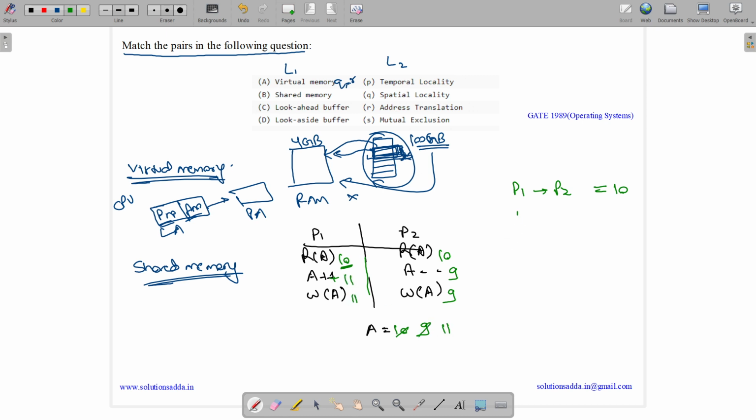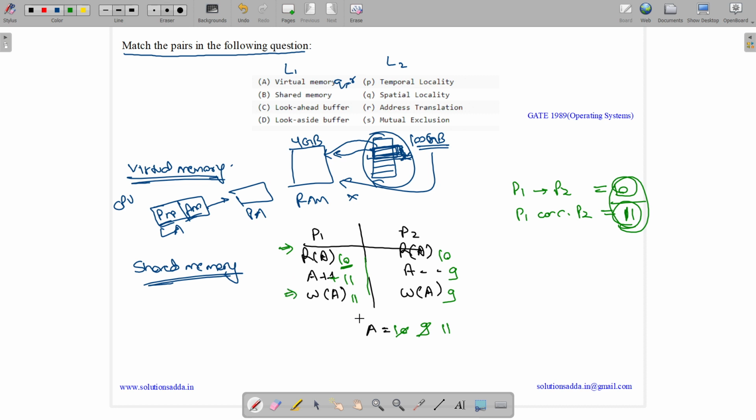So what's the final output? If we are having P1 concurrent to P2, then the output will be 11. There are other outputs also possible, but we can easily see that there is inconsistency in data. So this inconsistency is basically removed by concurrency control protocols like semaphores, lock variable, turn variable.